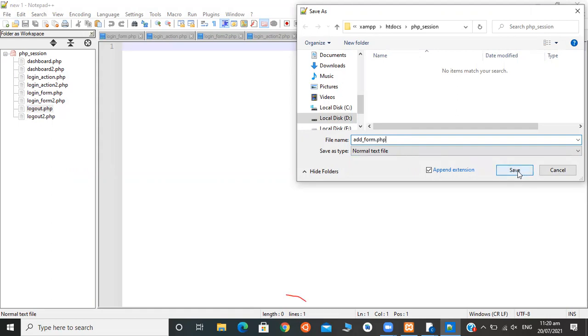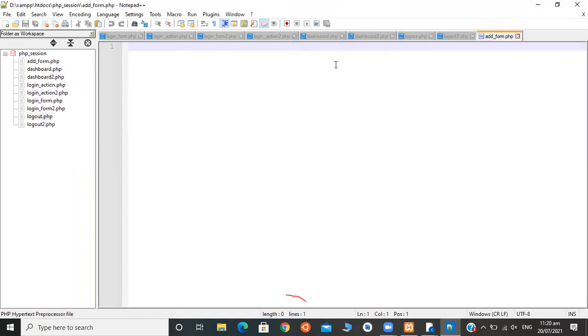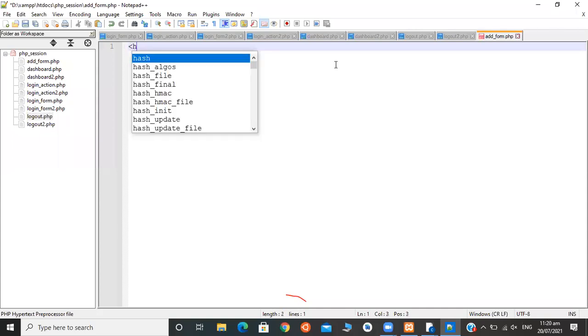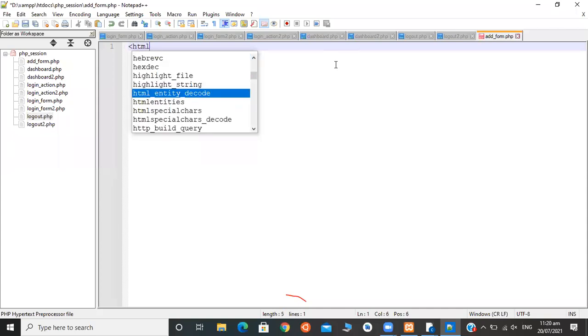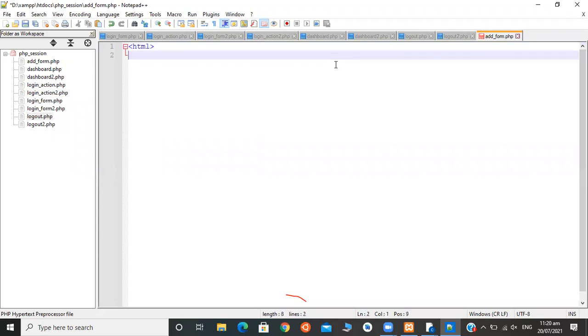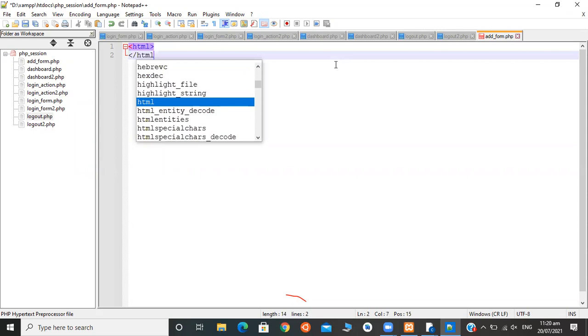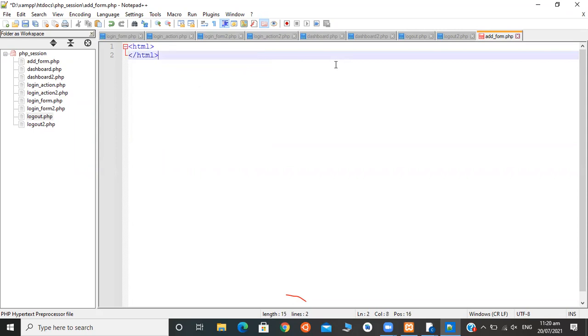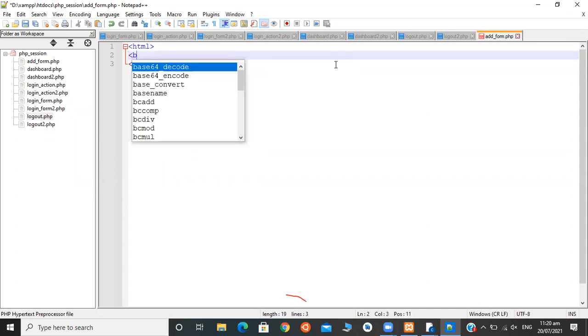Save it. So here I need to do HTML, opening and closing tags. After this, inside body,